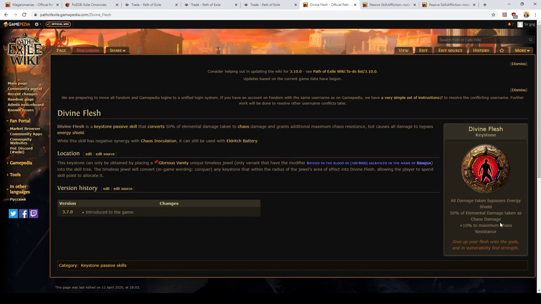What this means in practice, if you're running a character whose resist profile is 75, 75, 75, 75, so you've actually maxed out your Chaos Resistance, and then you take this Divine Flesh, you're looking at having a Chaos Resistance maximum of 85. If you can fill that out, you're going to be taking 15% of the Chaos damage that